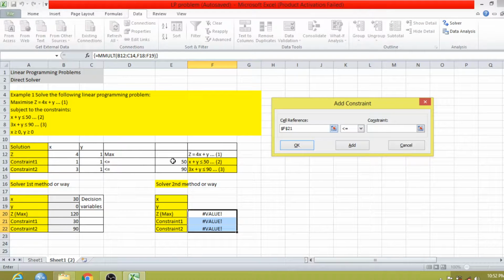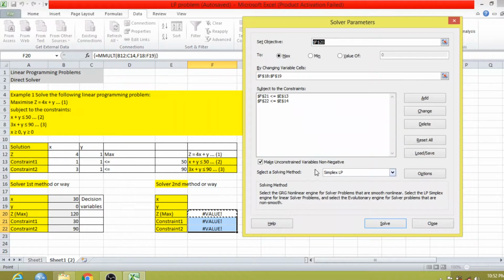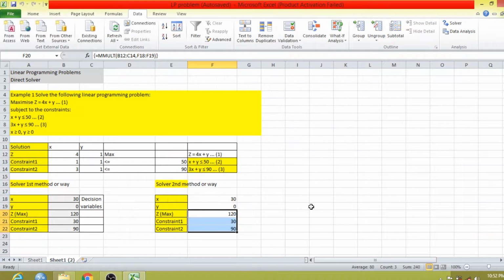What is the constraint value? This. Add, select, sign is okay. There are only two constraints, then I will click OK. I make sure of this and I will solve and OK. Now you will find that the x and y values are 30 and 0, and the maximum z value in this particular case is 120.